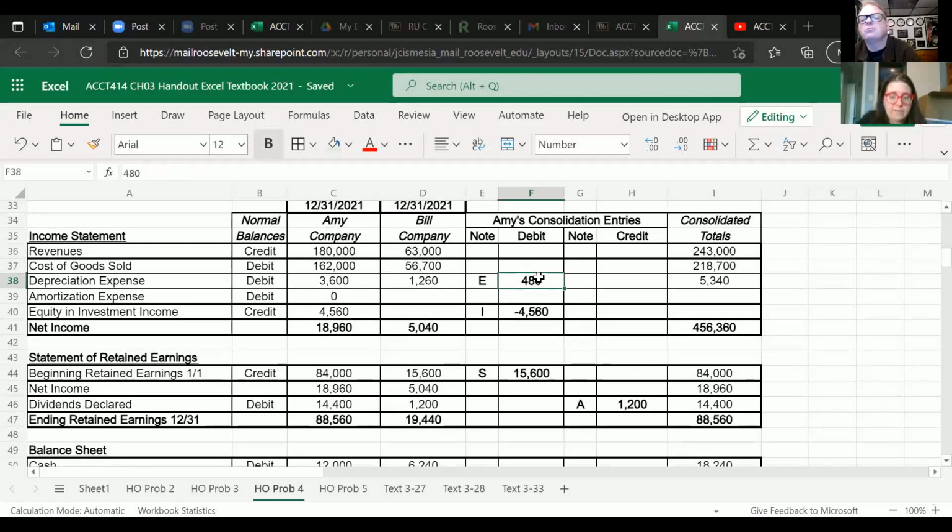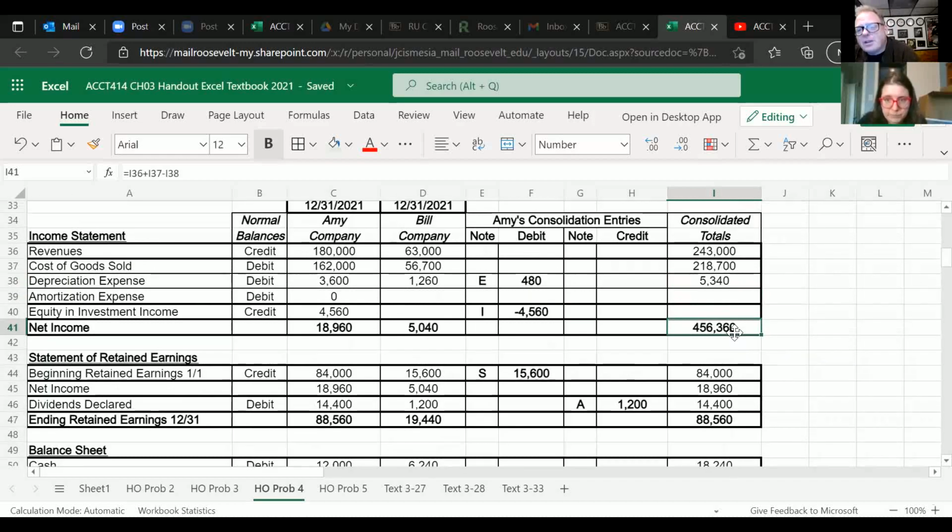So we add in the depreciation expense, which was 480 because the excess was 4,800 divided by the 10 years, depreciated over the 10 years. And then we take out the equity investment, the 4,560. So that should equal 4,550, or sorry,